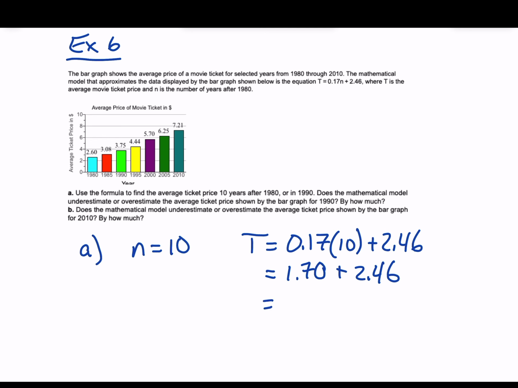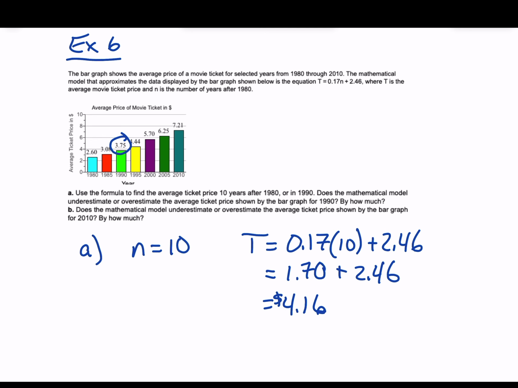If we do the math on that, 1.70 plus 2.46 gives us 4.16. So the model says that we should get $4.16, but in reality,